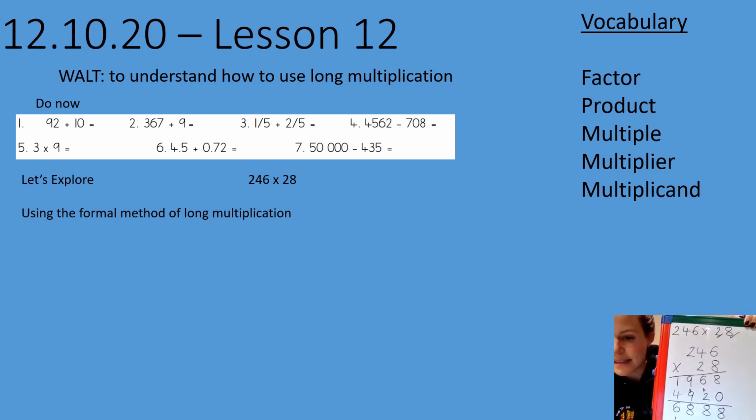And we should get 6,888. As you're going through with this method, keep using your known facts and then double check that you've put the right digit in the right column. So like I did, 4 times 2 is 8, but what would that look like if it was 40 times 20? Okay,